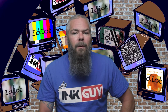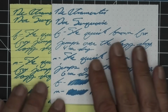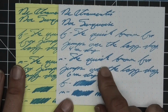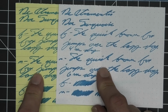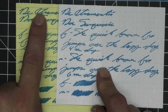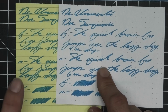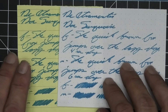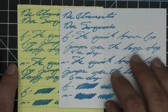The next writing sample is done on yellow Rhodia paper. Now I do this not to see performance change, but more to see a tone change that comes from having yellow paper. I was actually very surprised by this. I expected that it was going to hold out being the very blue side of turquoise. It became the green side of turquoise here, which was a surprise for me. I thought it was going to be much more opaque. Not as opaque as I would have expected. Important to know that your writing might look much more green if you work on yellow paper in a professional